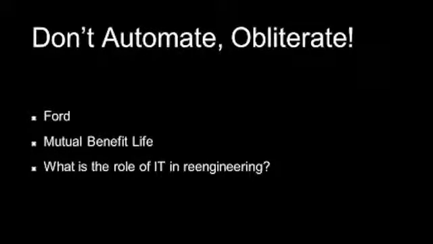There are two examples in here. One is Ford and one is Mutual Benefit Life. Does anybody remember, at a high-level summary, what these processes were and what happened? Yeah, they realized they had 400 people processing accounts payable at Ford. Now, this is in the 80s sometime. They were going on an ambitious campaign to reduce the number of people and the time it took to process accounts payable. Their original goal was to cut 20%, so go from 500 to 400.